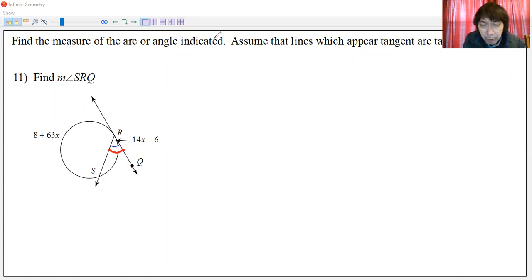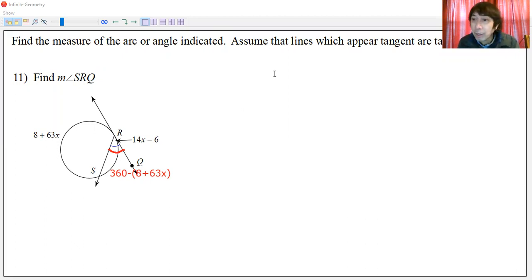So our equation here will be involving the arc which is formed by the intersecting tangent and a chord. We can get that first. And that arc will be right here. That'll be 360 minus the other arc, which is marked 8 plus 63x. Remember, the arc expressed with 8 plus 63x is the other arc, and that's not related